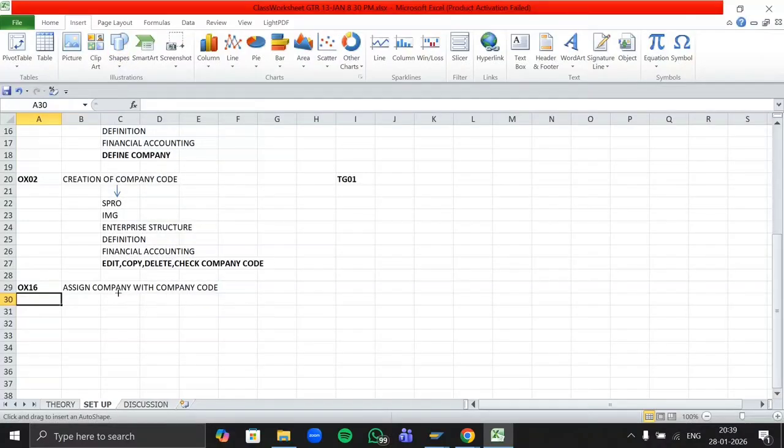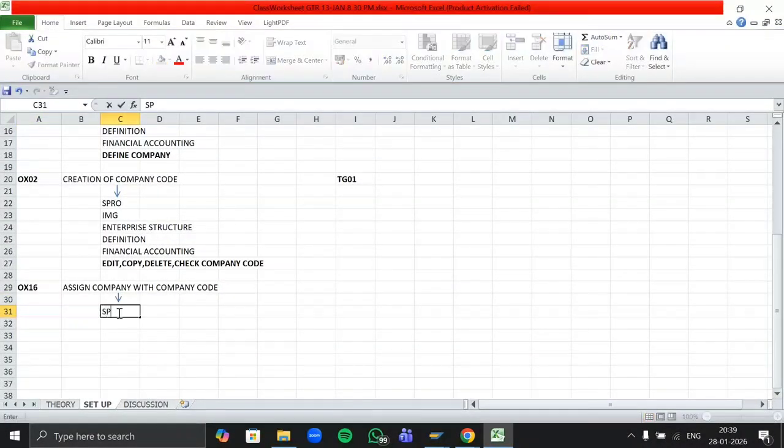Your company and company code, but there is a big change in it. So we'll need to go to SPRO, IMG, enterprise structure. Earlier we were going to definition, right? This time we'll go to assignment,